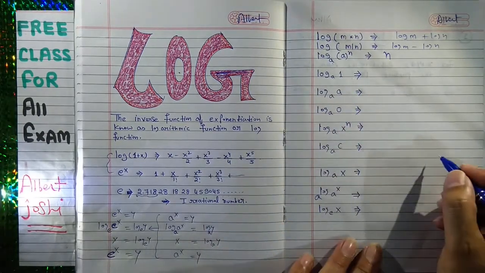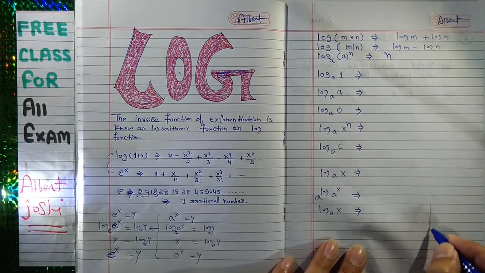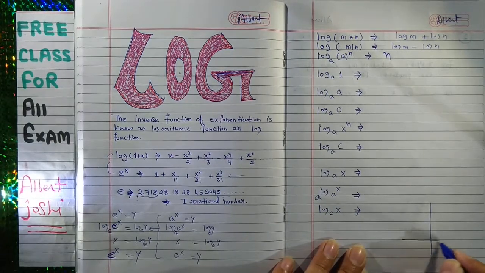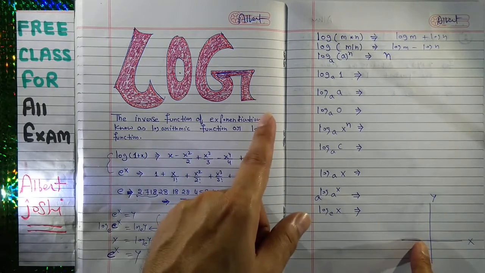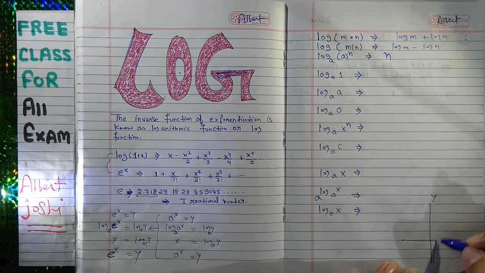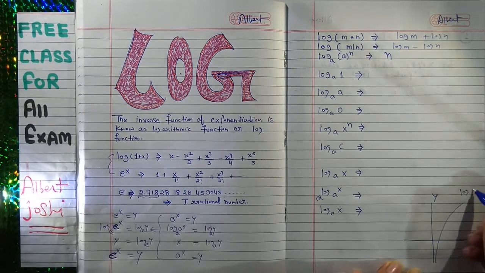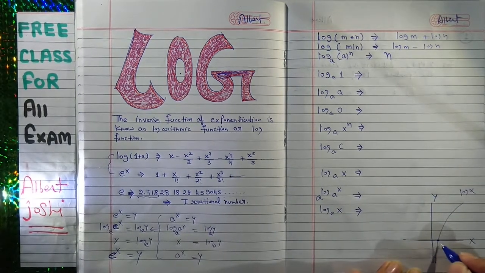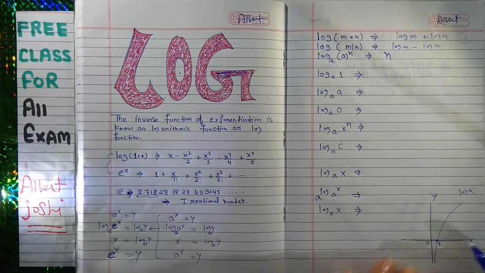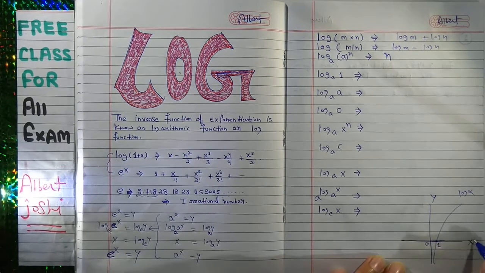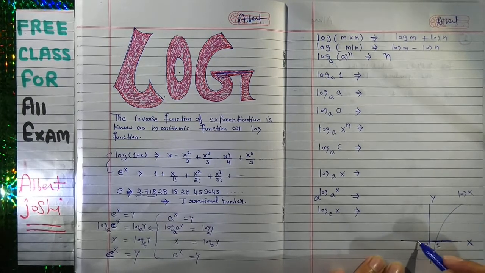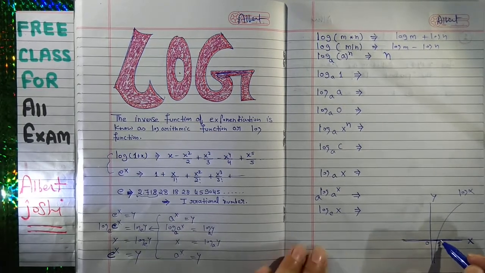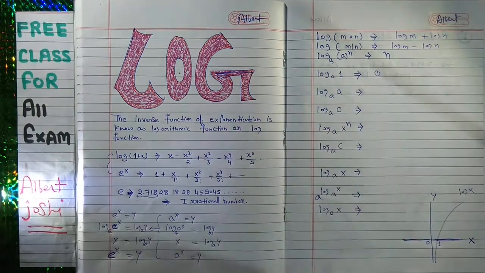The graph of log, you just have to learn. This is the x-axis, this is the y-axis. You must practice the graph. We have uploaded one video, it will make it clear. That is the graph of log x. So this is 1 and this is 0. At x equal to 1, log 1 is equal to 0. You can see that it is touching the x-axis. So at 1 it is 0.